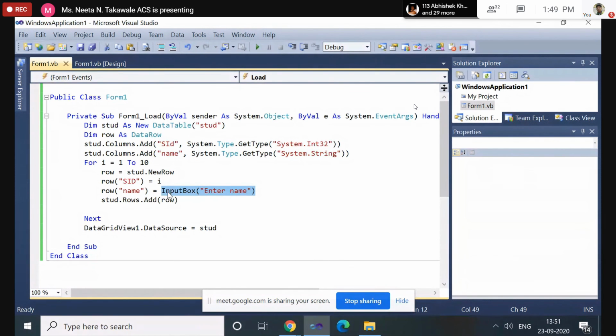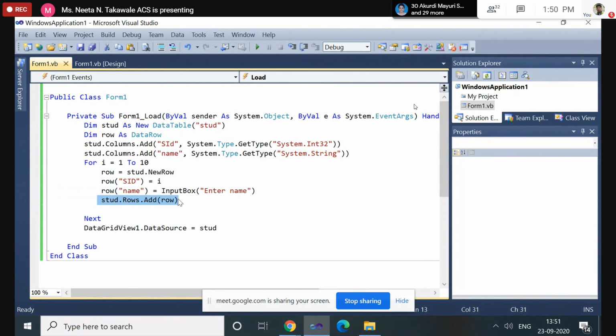At that time the second row is the new row. New row will work as the next row. First row, then second row, then third row, then fourth row. So using new row we are defining the next row. In that next row we are inserting the student id value and the name value. Here we are deciding which student id and which name you want to insert, and using the add method we are actually inserting it into that particular row.